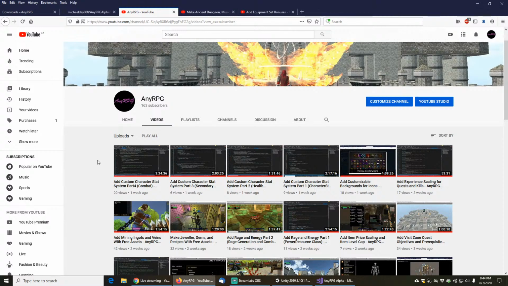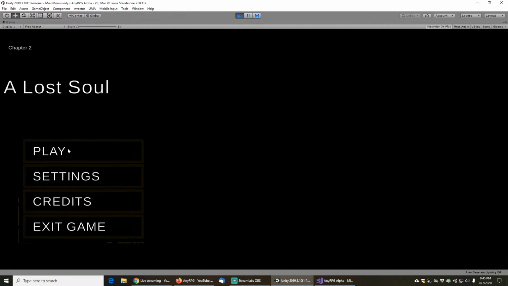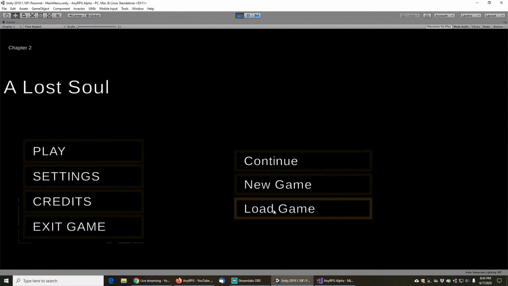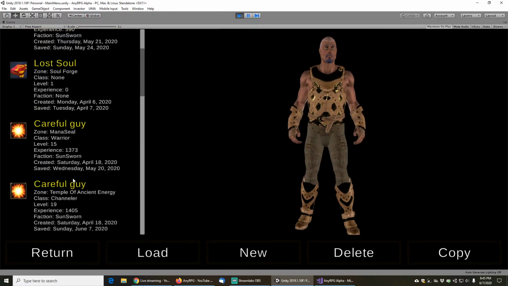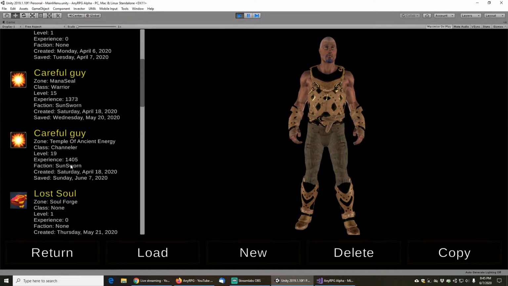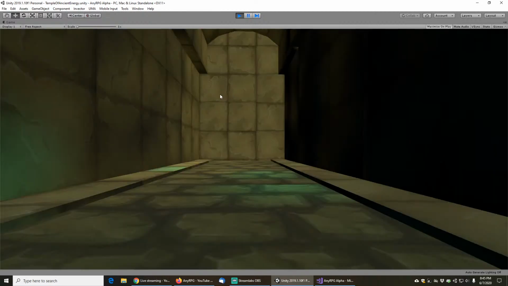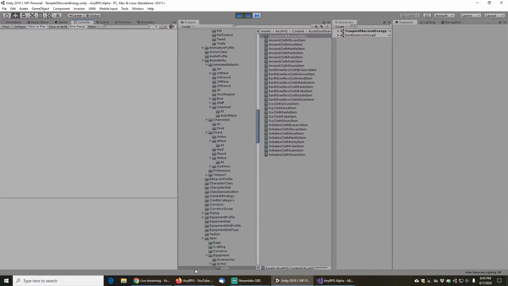Over the last little while, what I've been doing is adding secondary stats to equipment in the game as well, and going through and fixing up the combat text so that it actually shows the right color for the resources that were spent. So in this episode, I just wanted to go over some of the stuff that I did just because I didn't stream it. So we're going to go over that, and then we're going to add a really cool new